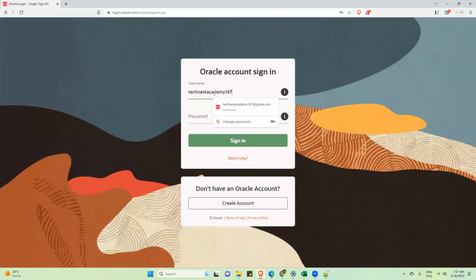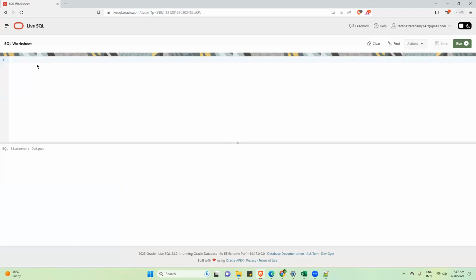And I recommend that you always type your username and password, because sometimes if you take it from the saved username and password, it will throw an error message. It doesn't accept from the cache memory. Okay.